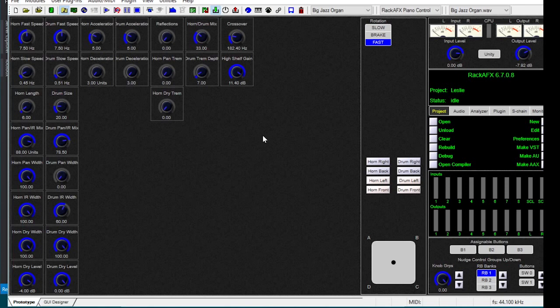This is part 2 of the project, where I'm going to go through my Leslie simulator that I made. I'll start off by walking through my block diagram and showing you how those link up with the parameters here. And then we'll do some demos that I'll talk over later on in the video, showing you some musical aspects, changing just a rotation here, and then some extreme physics aspects by changing some of these parameters, and then changing these so you can hear how those change the color of the sound. So to start off,